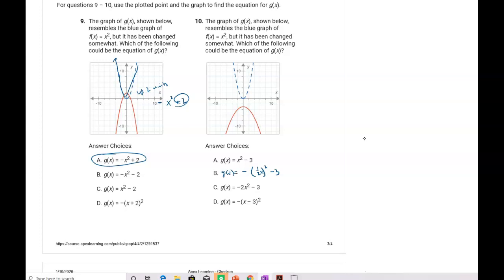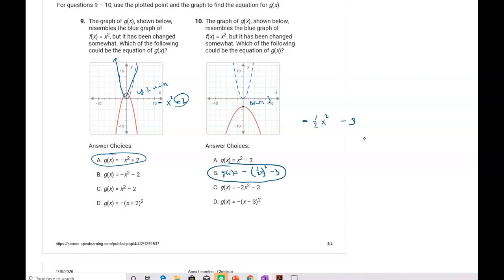If it opened down, you know you have a negative in front of that x squared term. Now you know the vertex shifted down, that's 2, and it's halfway in between, so it went down 3, so you know you're subtracting 3. Now if you notice here, this got wider. And because this got wider, you need to know the number in front is going to be a fraction. So which one has that? It would be